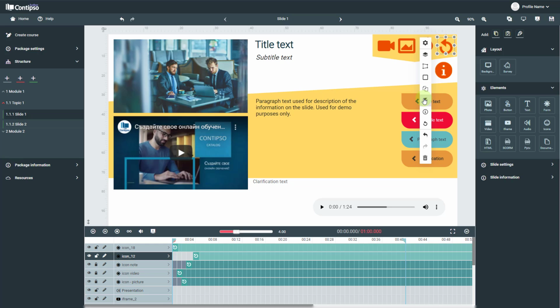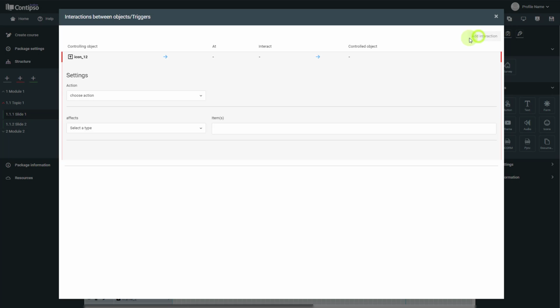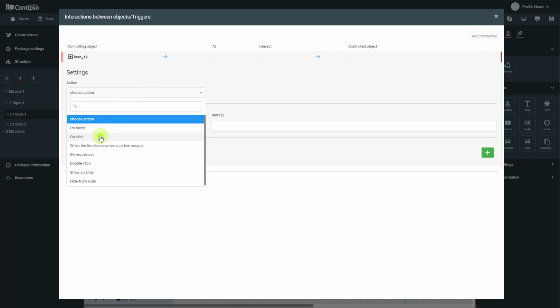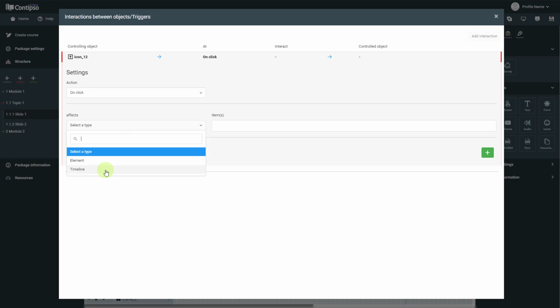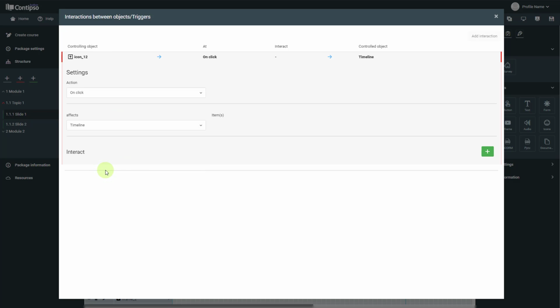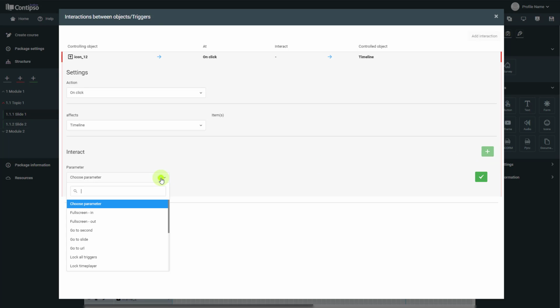The other type of trigger is when we add an action again, but this time we're going to select timeline, and now we don't have items to be selected because we are going to trigger an event on the timeline in the sequencer. We click on interact and choose the parameter. We have different parameters here, such as full screen in, full screen out, go to second, go to slide,